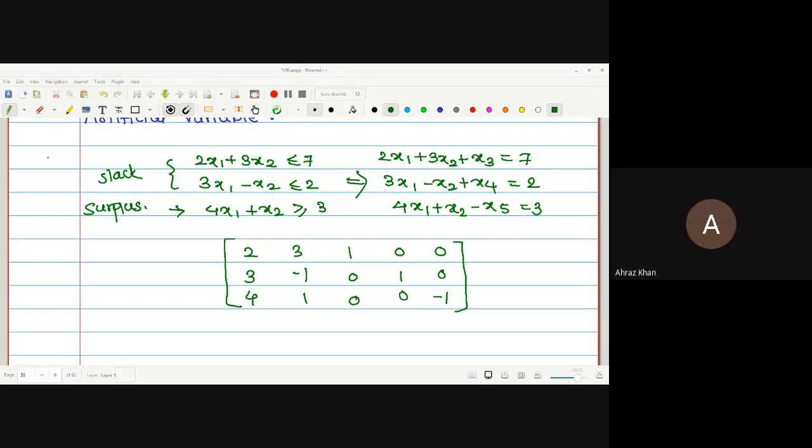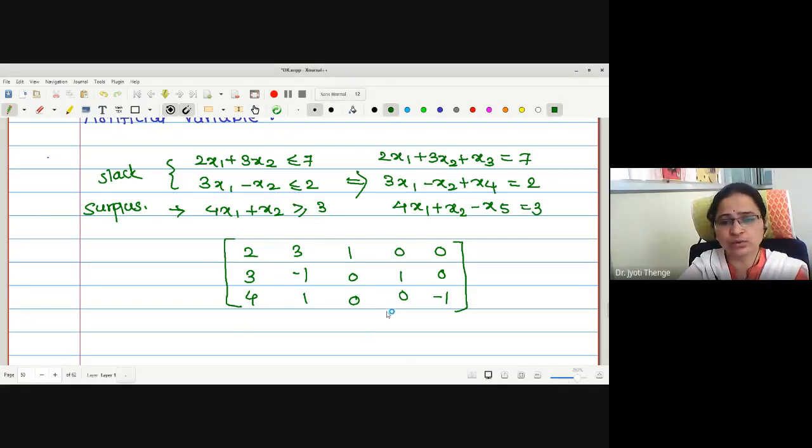No. Here we are unable to get the identity matrix. And if we are not getting the identity matrix, how to select the basic variables? No doubt we have a criterion for selecting the basic variables: those variables where the determinant of the corresponding coefficient matrix gives a non-zero value. That is, B we can select such that determinant of B is not equal to 0.